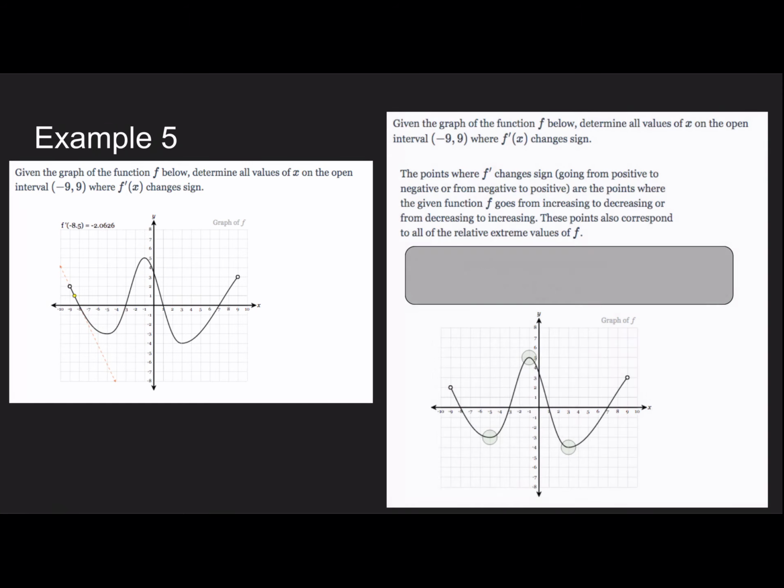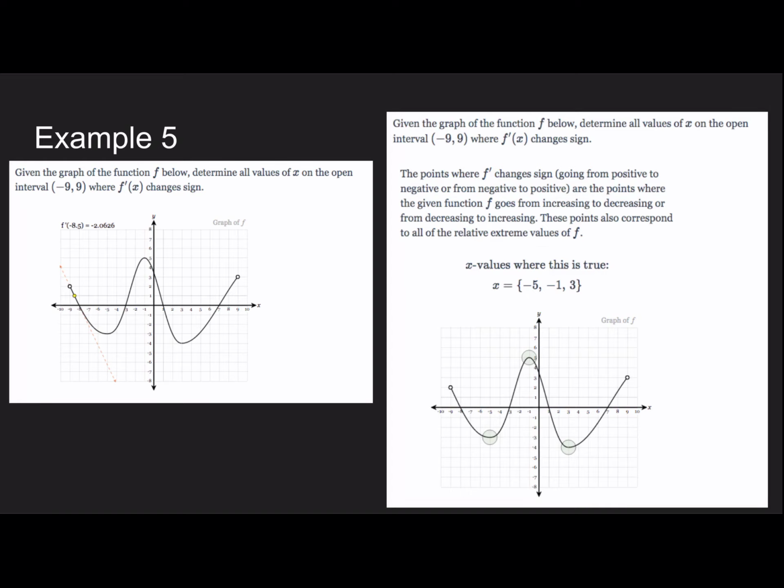Moving on to example 5. Now, we're going to ask a different question. On the same interval, -9 to 9 of this graph, determine all of the values where f prime of x changes sign. So remember, that means where slope can go from either negative to positive or from positive to negative. Both of those indicate a change in the sign of the slope. So if we pull up our